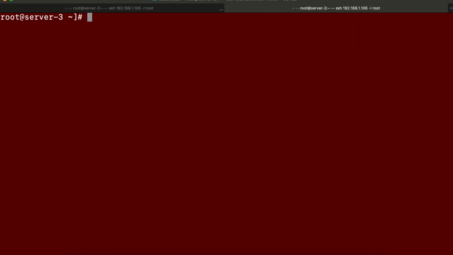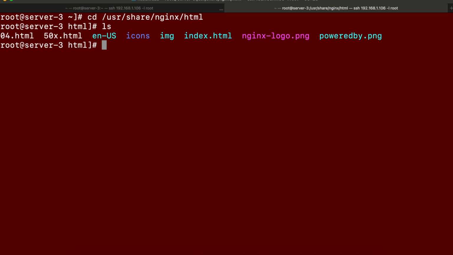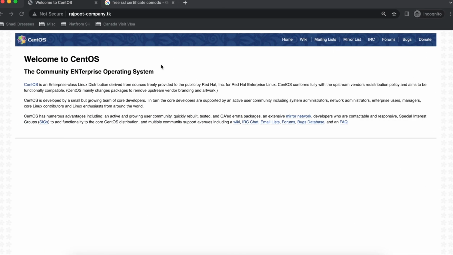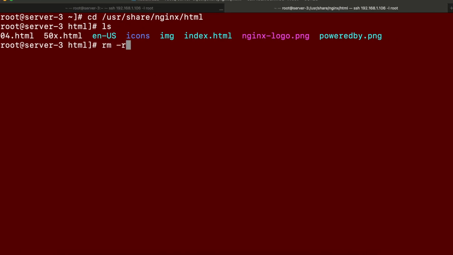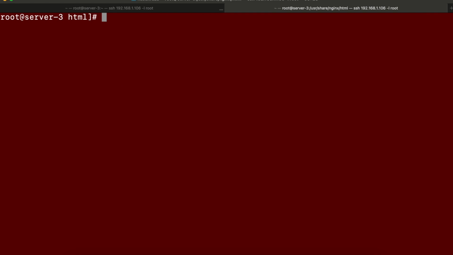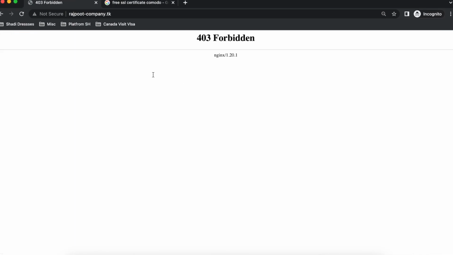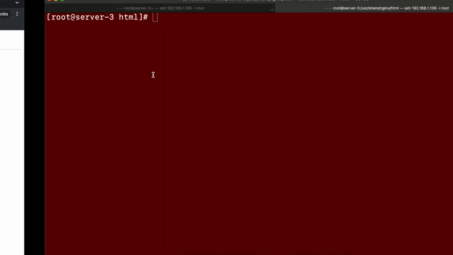At the moment, if you go to this directory, you can see that we have the Nginx default web pages, and it's basically this one. What we're going to do is remove everything here and put our own content here. Now if you do this, it's getting 403 forbidden. Why? Because we don't have anything here,